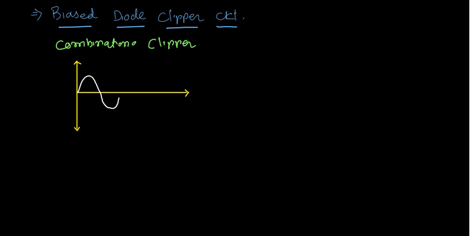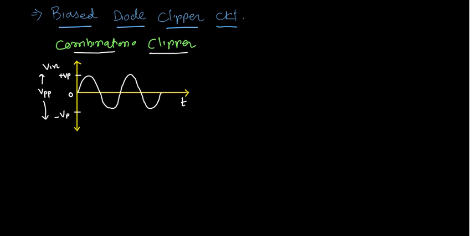This is a positive half, one cycle completed, and this is a negative half, second cycle completed. Over here is time, this is the V input, this positive V peak and negative V peak are also known as V max positive and V max negative. This is 0, and the whole top and bottom amplitude is the V peak to peak. Now over here, a combination circuit means we are going to use two diodes and two bias supplies. This is also a